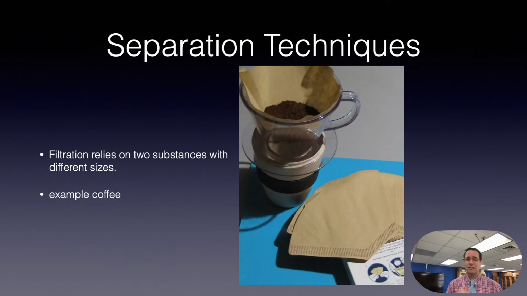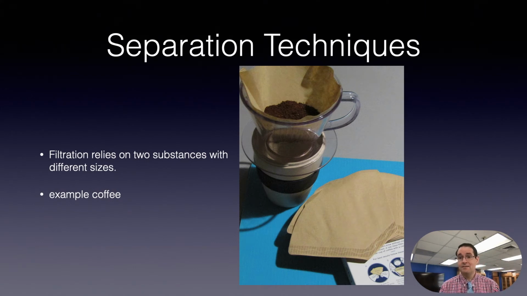Separation techniques include distillation, as we've discussed, and filtration. Filtration is also a physical technique used to separate two components, one being a solid and one being a solution or a liquid. For example, we can all relate to making coffee. These little brown papers here are filter papers that are used to separate the grounds from the coffee that you drink. When hot water is poured onto the coffee grounds, it extracts color, flavor, and of course caffeine